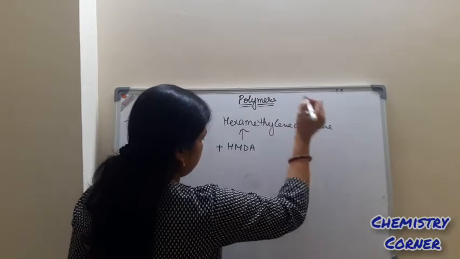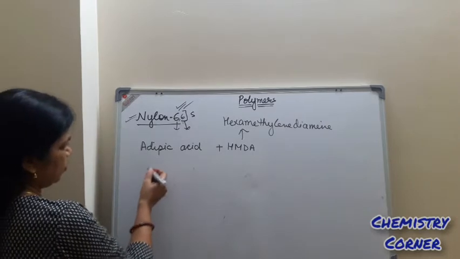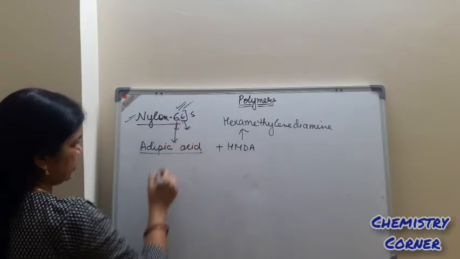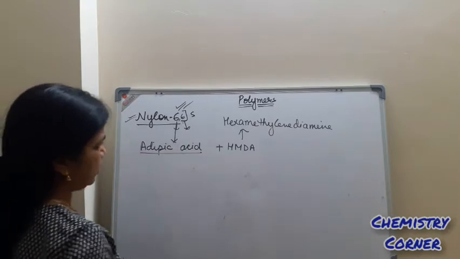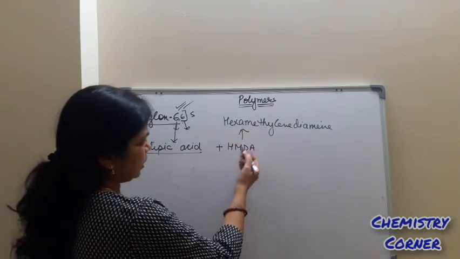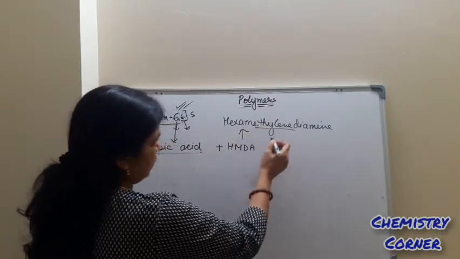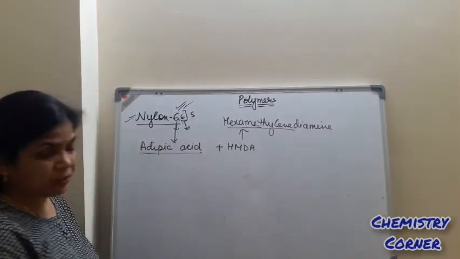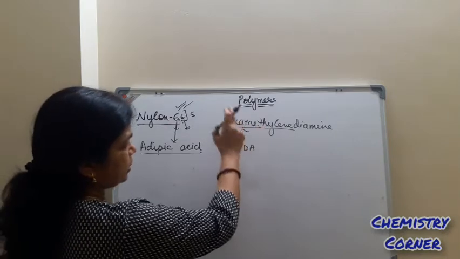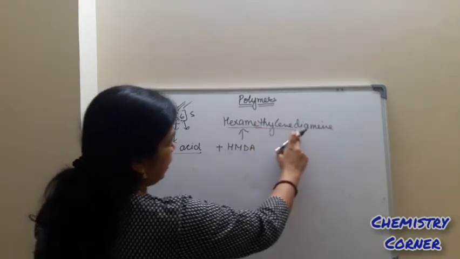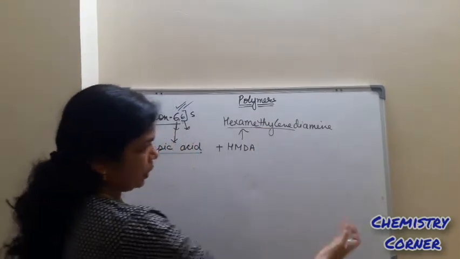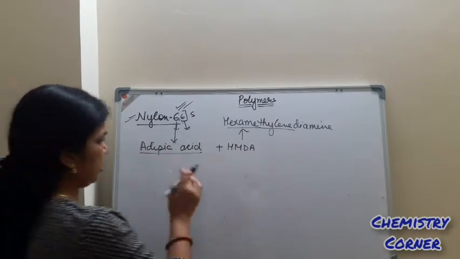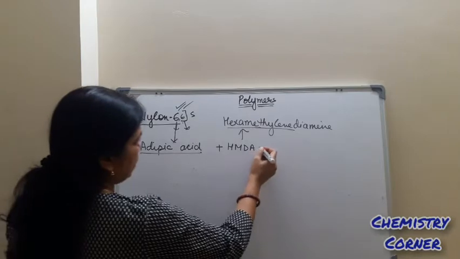diamine. So adipic acid, see, this is a unit which is carrying 6 carbon and it is dicarboxylic acid. It is another unit which is carrying 6 carbon. That is why you are observing that hexamethylene word is written. Means how many methylene are there? 6 are there. So hexamethylene. And how many amine? 2 amine. One present at the right hand side terminal and one present at the starting end. So this way both are reacting.